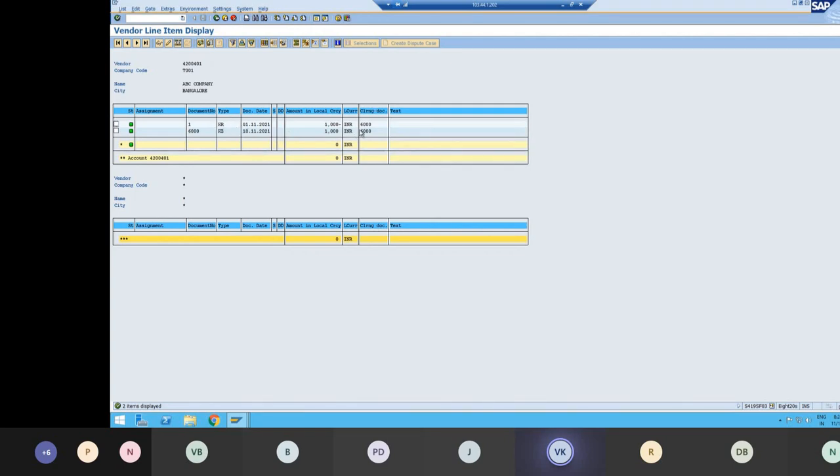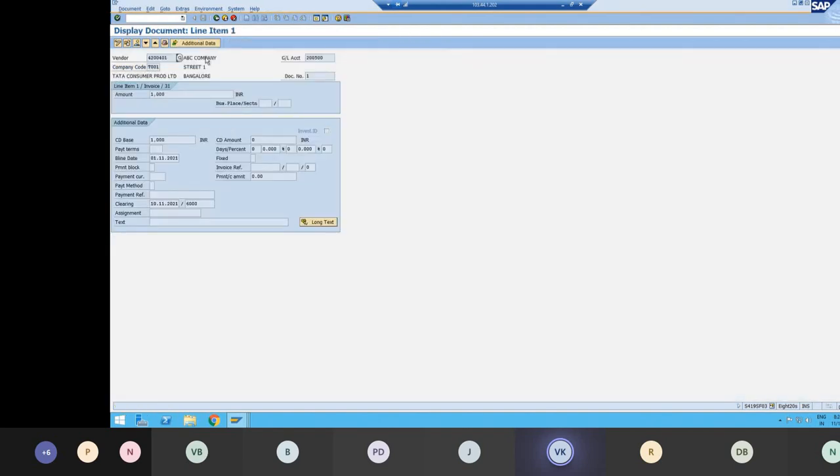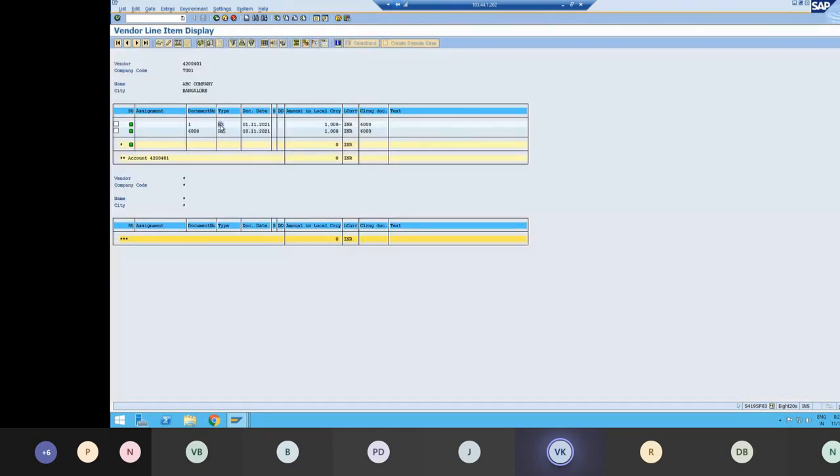And how to know that? Again you can see there's another document of 6000 with the KZ. It means that this invoice was paid using document 6000. So this is how you have to understand this KR document. If I open this document, you can see this is a clearing. Clearing document is nothing but how this invoice was cleared or how this payment was done. So the payment was done using document 6000, and whenever the payment happens on the vendor line, if I double click on this vendor invoice,